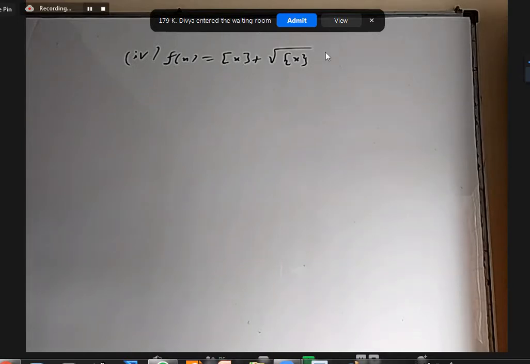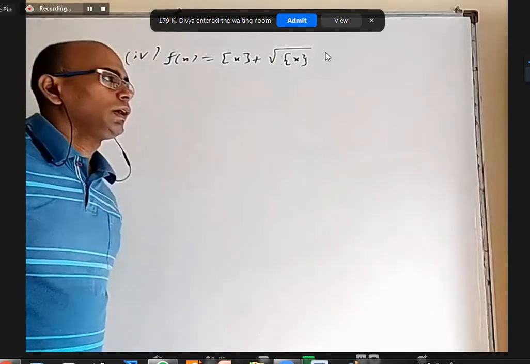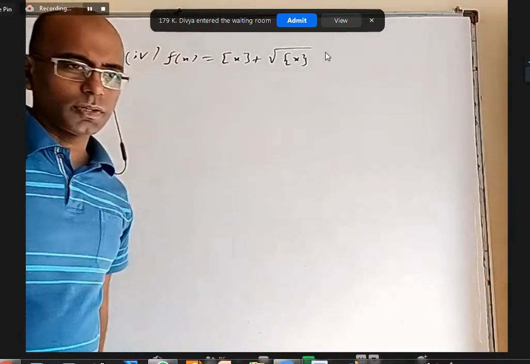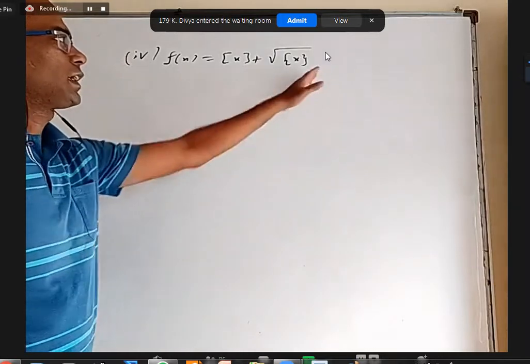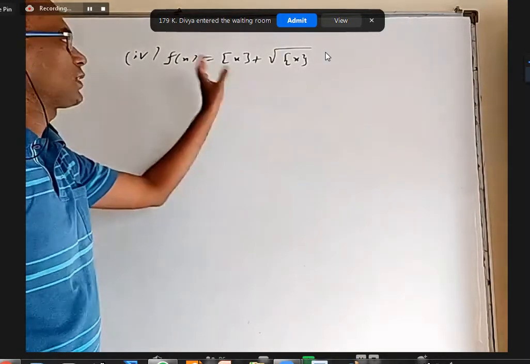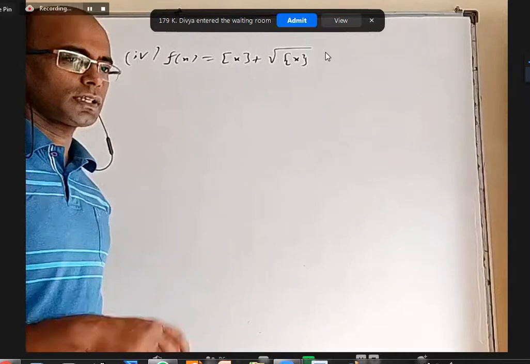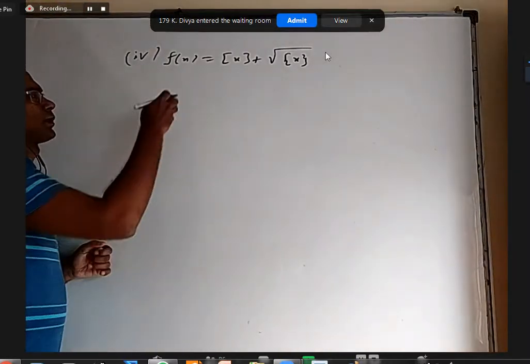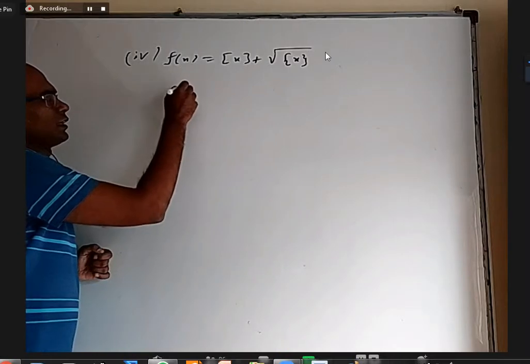Okay, inverse function finding is somewhat easy. Normally, you take f of x equal to y, try to find x in terms of y. But here, taking it equal to y is very easy, but after that, how to find x in terms of y is not that clear. But before writing that, I'll give you some idea. If I take f of